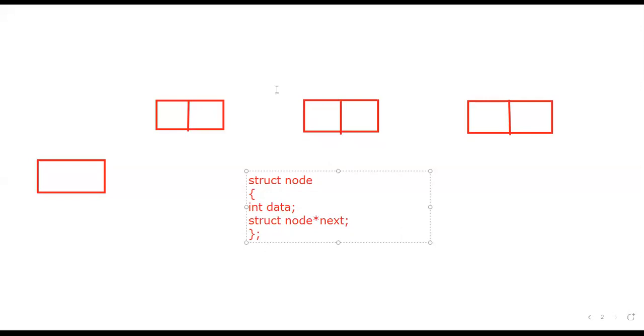Okay, okay. So see here, struct node. Why are we declaring it like this? Why are we using a structure? Because a structure is a user-defined data type. So here we are storing the information regarding the node. The node consists of two parts here. One is the data field and another one is the address field, that means the link field.